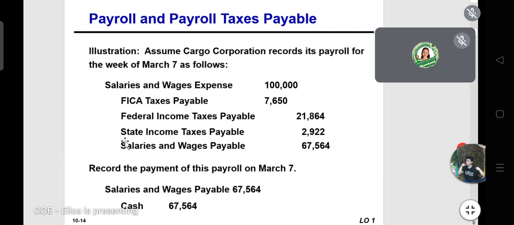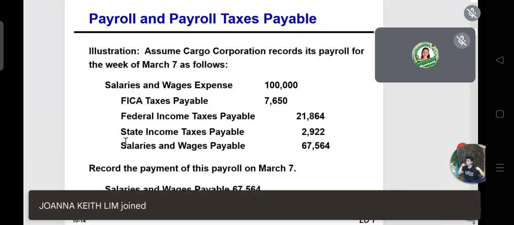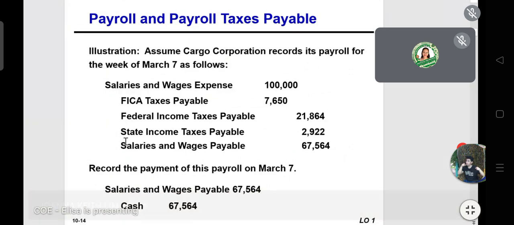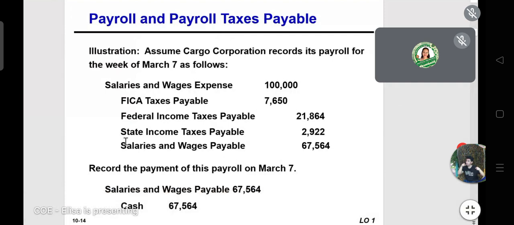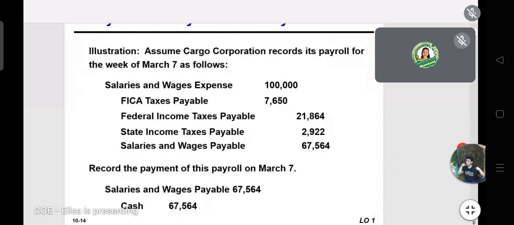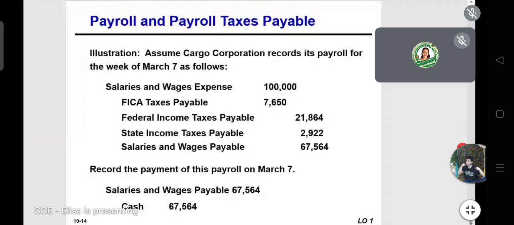In case you are receiving more than the minimum wage, because if you are a minimum wage earner, you are exempt from taxes. But if you are receiving more than the minimum wage, whatever amount is in excess, you have to pay a tax for that. So that in here, the consideration here will be, in this case,